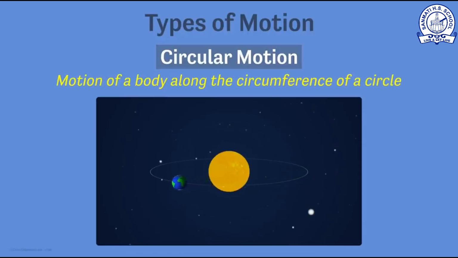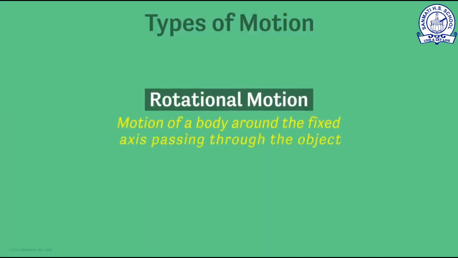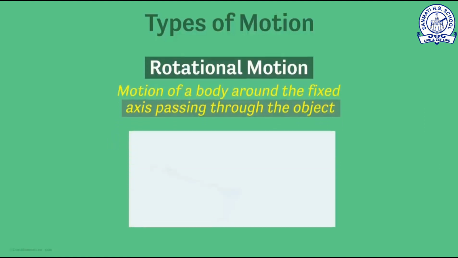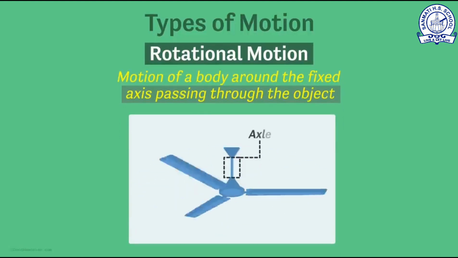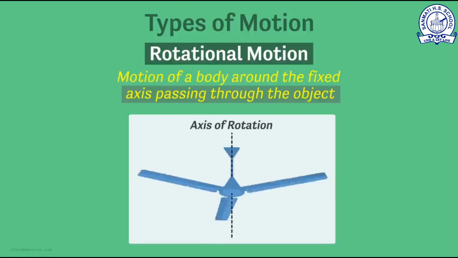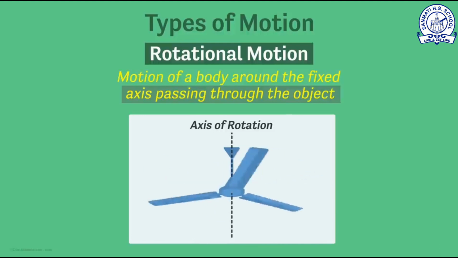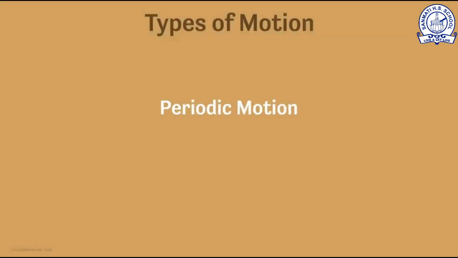The third type of motion that we saw is rotational motion. It is the motion of a body around a fixed axis which is passing through the object. This is important. The axis has to pass through the object. An example of rotational motion is a ceiling fan rotating along its axle. So you see that if I draw a hypothetical line called the axis of rotation, then it's passing through the fan. And the final type of motion is periodic motion, which is the motion that repeats itself in equal